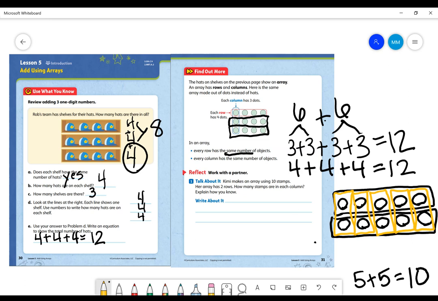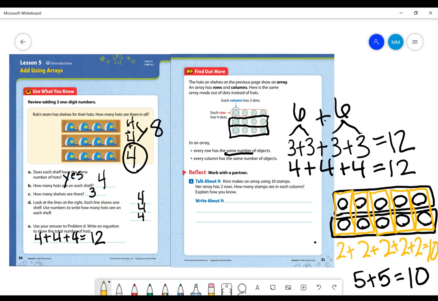So I made groups of 2, right? I had 2 groups of 5 in my rows. In my columns, how many groups of 2 did I have? Let's count again. 1, 2, 3, 4, and 5. This is the same number. It makes the same whole as my rows, right? So if I had to add 2 5 times, what whole is it still going to make? It's going to be the same as our rows. So 2 plus 2 plus 2 plus 2 plus 2 makes a whole of